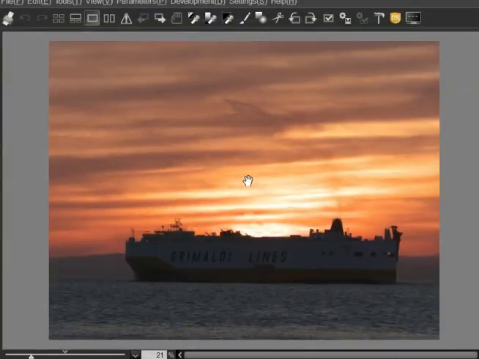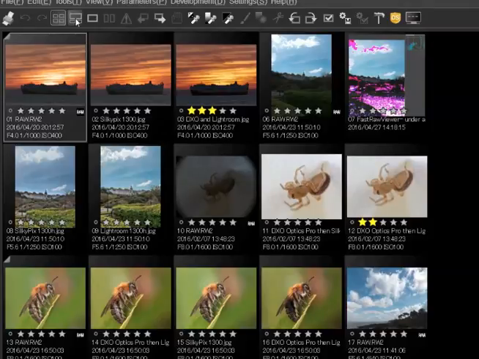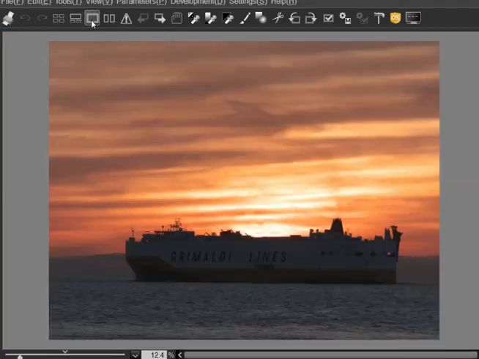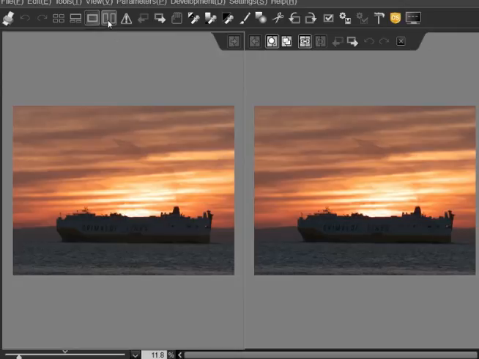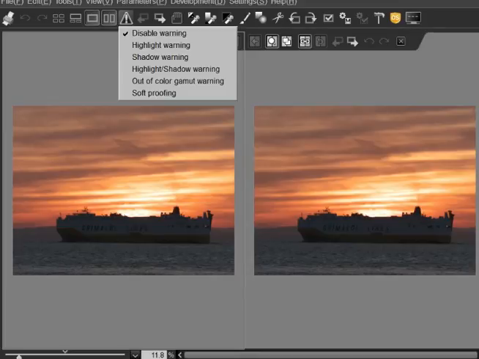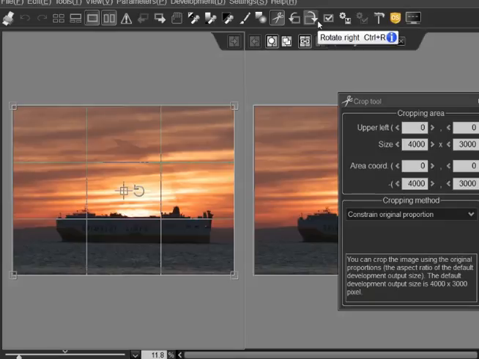Here we've got along the top various icons which let us go into various modes. There's one here for comparing either the same picture with different settings or one picture with another picture. We can show highlights and shadows and so on. And there are some other things here as well. This one's for cropping, for example. These two are for rotating, and this is for actually producing a JPEG or a TIFF from what you're doing. So there's various things along the top,